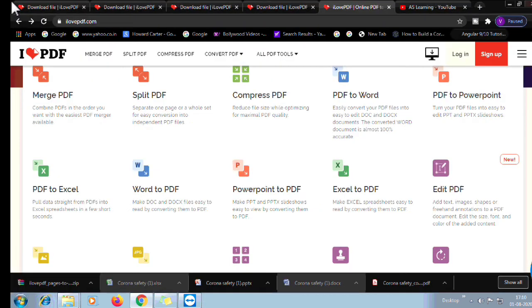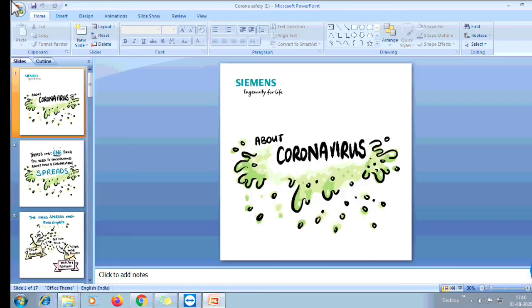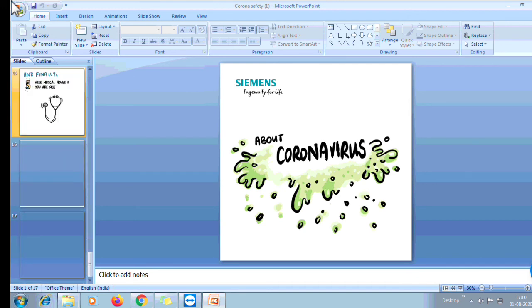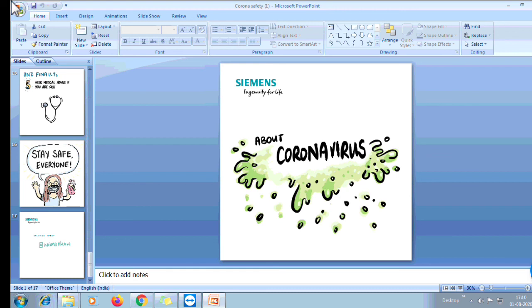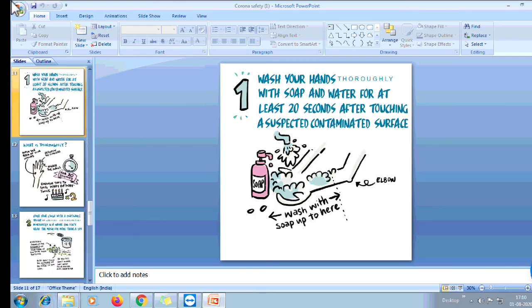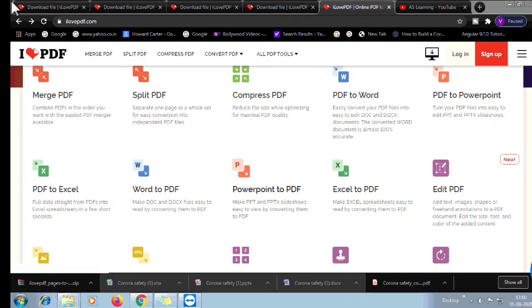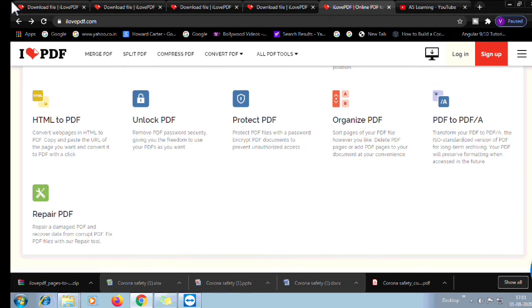Now another option was PPT. Yeah, this feature I like the most on this website. You will see the total number of pages was 17 and it converted each page into one slide. So there are a total of 17 slides, so you can easily convert PDF into PowerPoint like this. So this is how all these operations work. I have shown you almost 5 to 6 operations in this, and for the later operations I will create another video, so stay tuned for it.